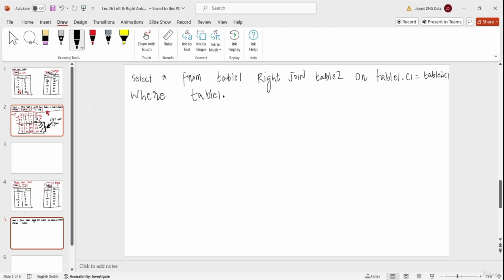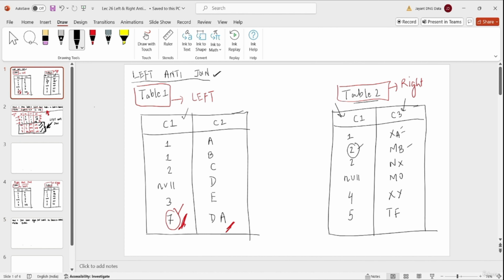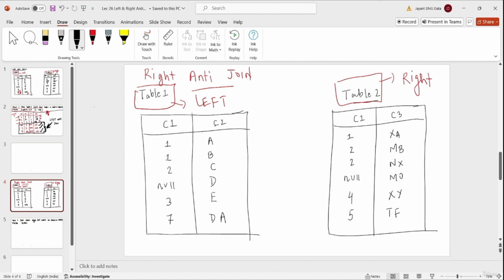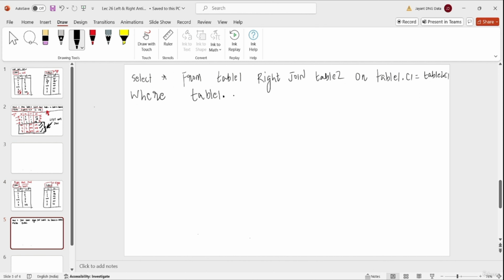We have 2 columns in the left table, so you can choose any column from here. I'm choosing column 2. So I can write where table 1 dot column 2 is null. Right? So this will be the select statement to find the output.